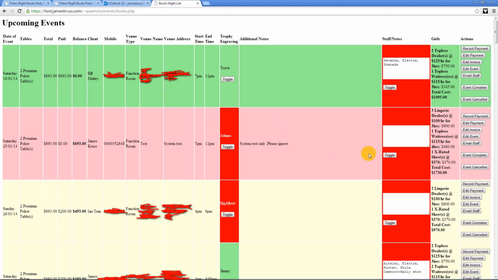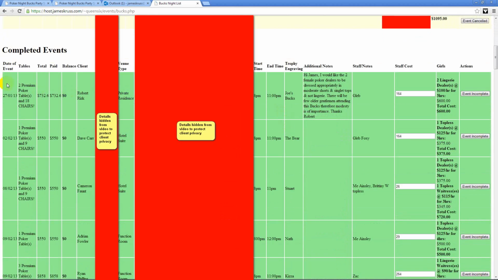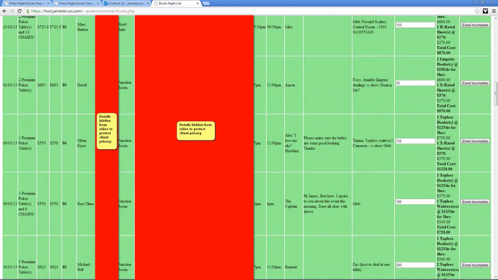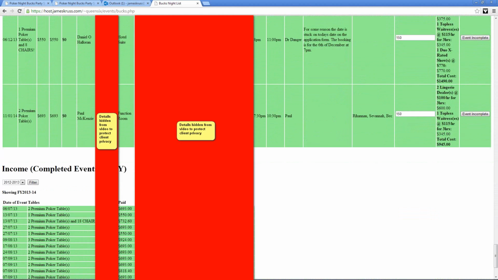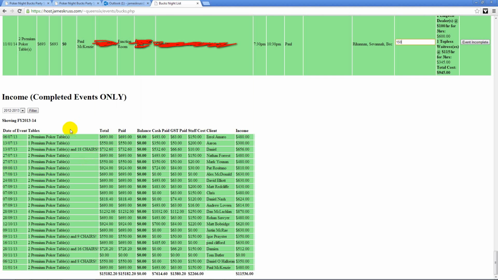Now when the event's complete, you click event complete and it disappears from this list. In this case I'm going to click event cancelled because it's not a real event. And there it goes. Now if I scroll down to the completed events, I can see all the events that we've run under this system, and I can put in a cost. So in this case the staff cost was $150, and that's important information, so I know that's how much I've collected, that's how much the staff cost was, and then I can come down here and look, for instance, for